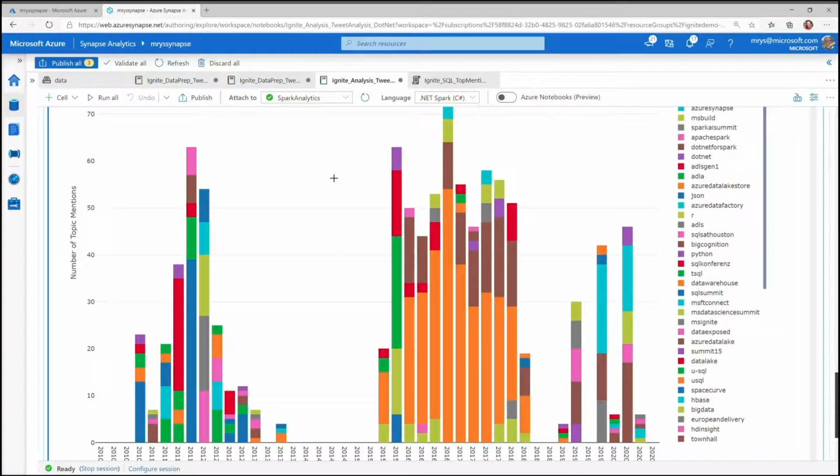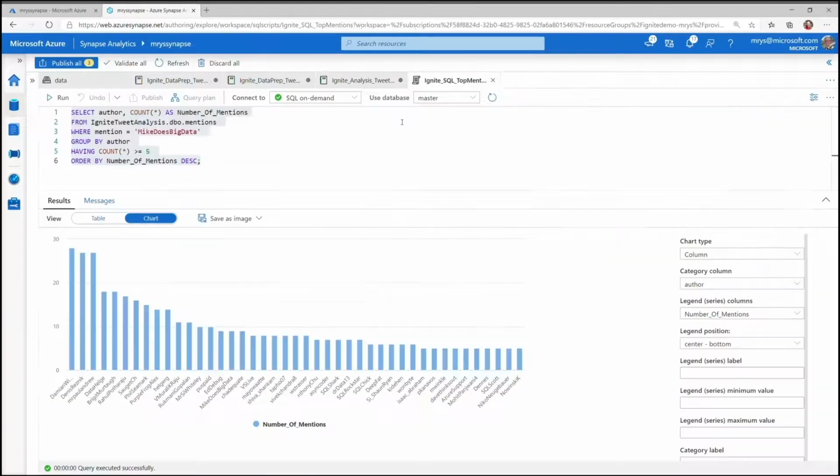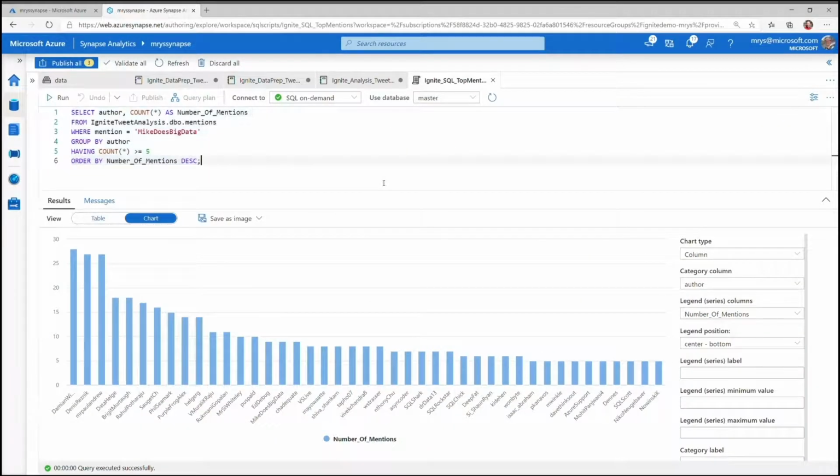Now, as you have seen me use Spark to analyze and prepare the data, one thing I want to point out is that the analysis notebook here is actually running against a different Spark pool, but the Spark pools within the workspace share the same metadata, so I was able to see the same table. Now, I can share those tables not only between the different Spark pools, but I can also share it with my SQL experience. So in this case, I have a SQL on-demand